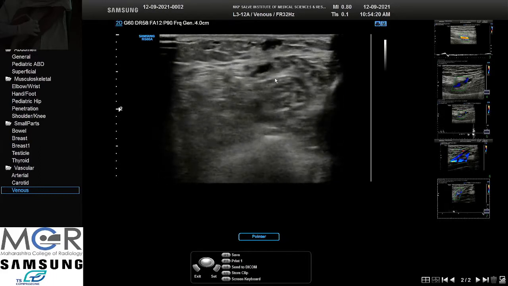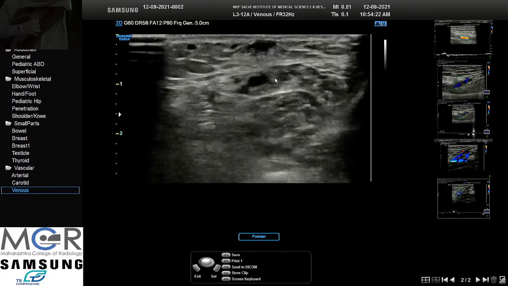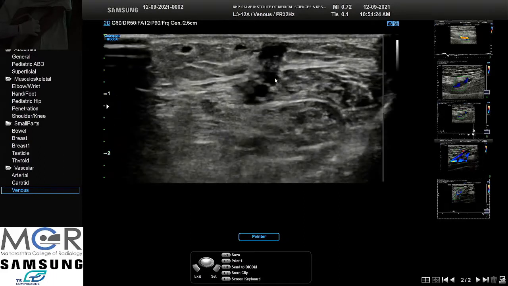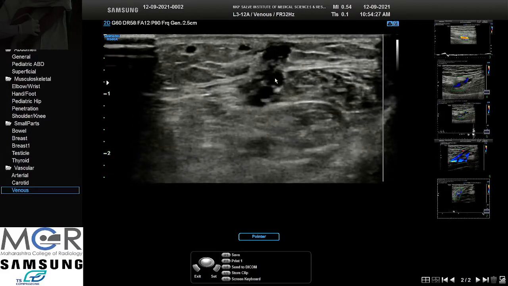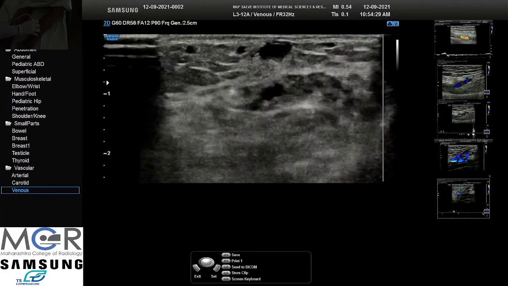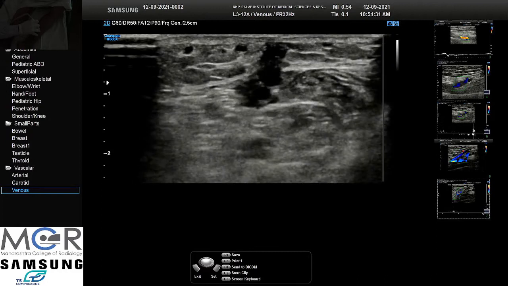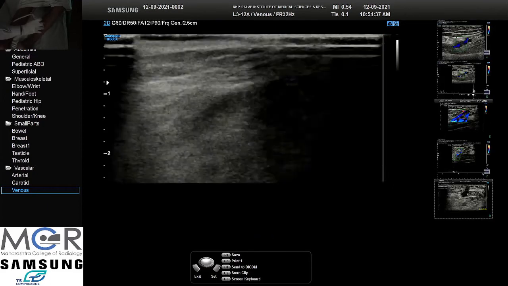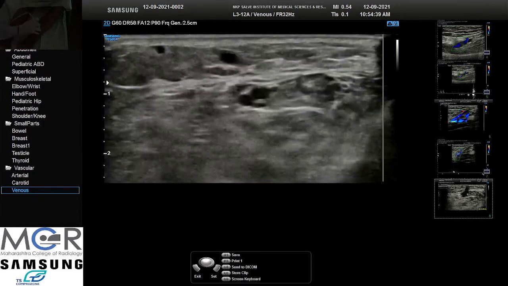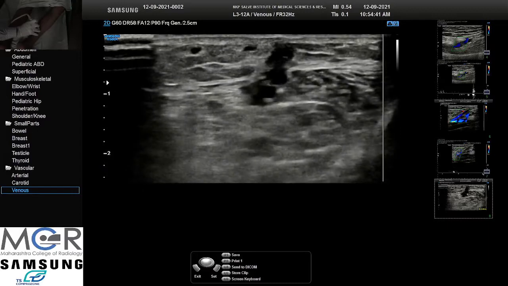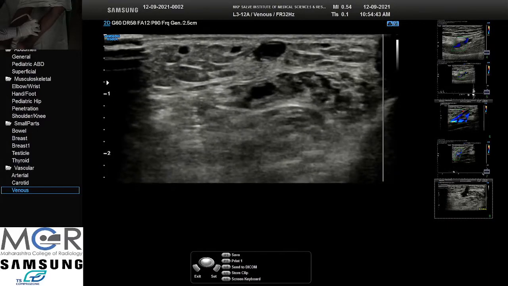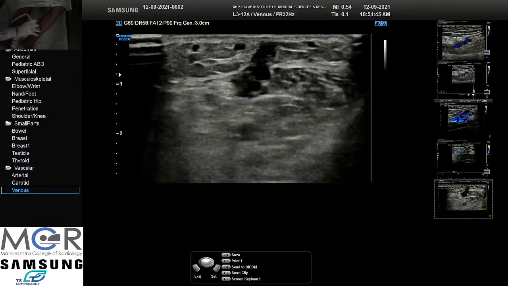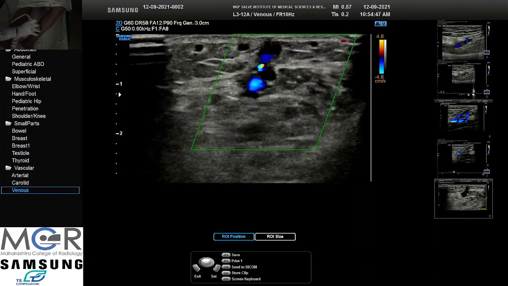So that was one perforator we had seen. We'll just see whether it is competent or not. Put color there. Before putting color, we can measure the size at the site of perforation. 3.8 is a larger one. Try to evaluate whether it is incompetent.